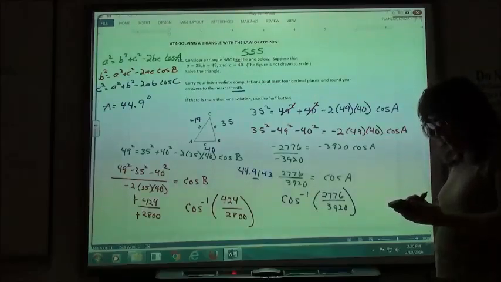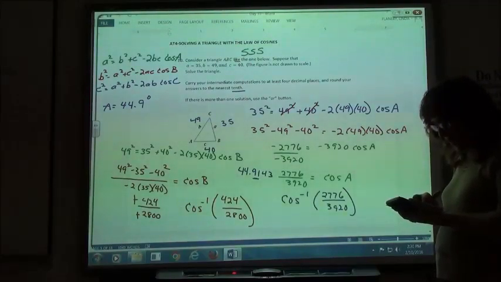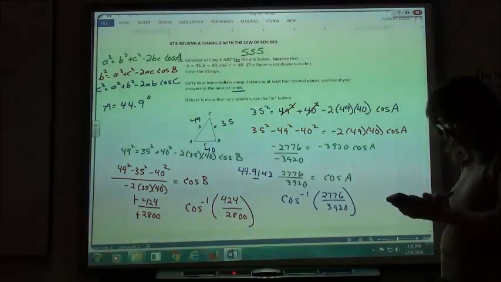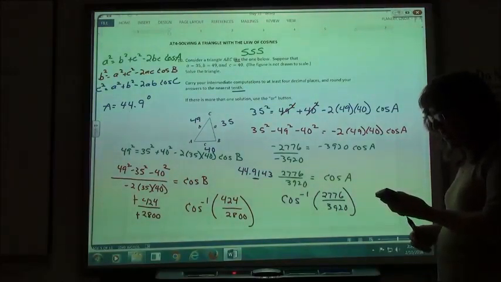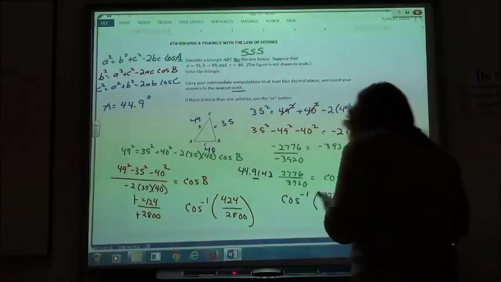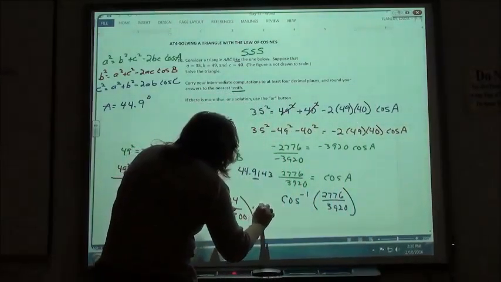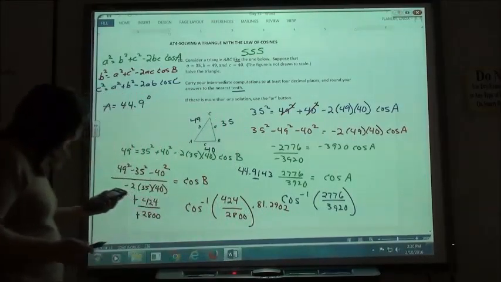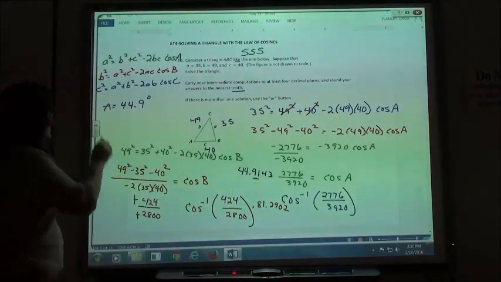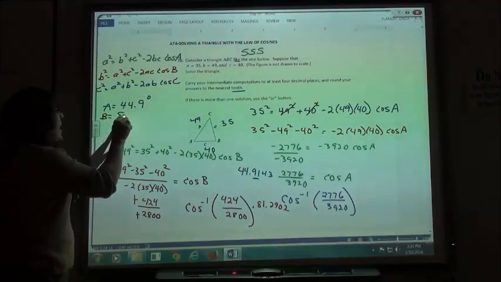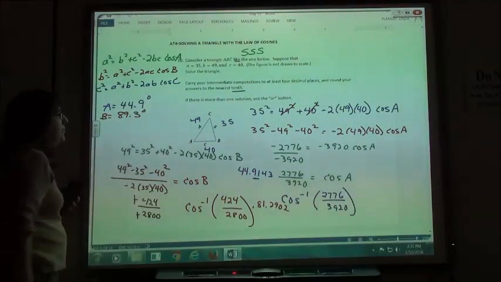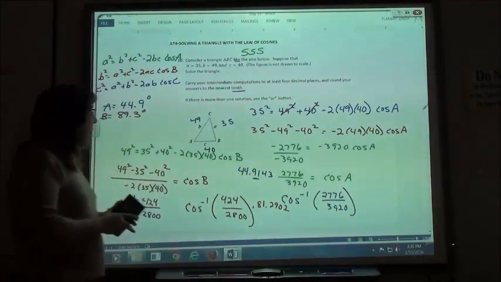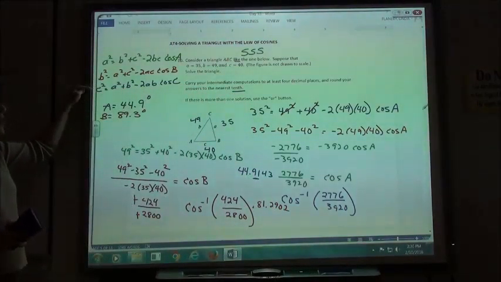So punching that into my calculator: shift cosine, parentheses, 424 divided by 2,800, close my parentheses, gives me 81.29. So 81.2902, I would round that off to 81.3. So B is 81.3 degrees. Now, the nice part is I could use the third one with the law of cosines